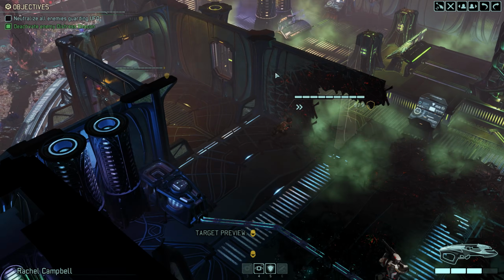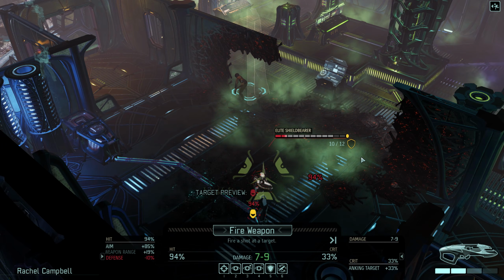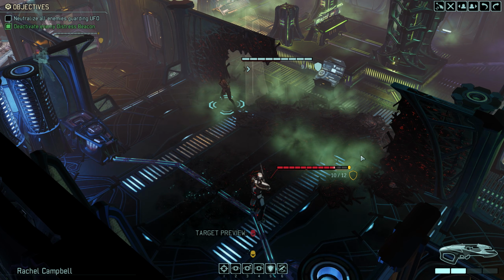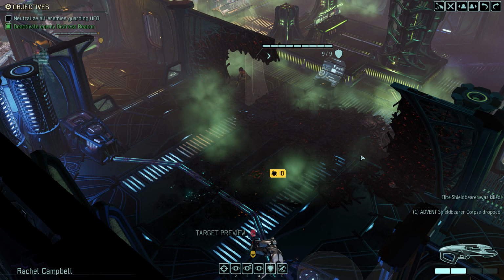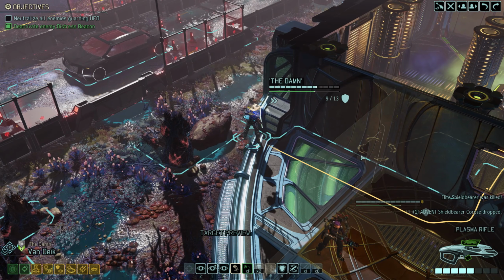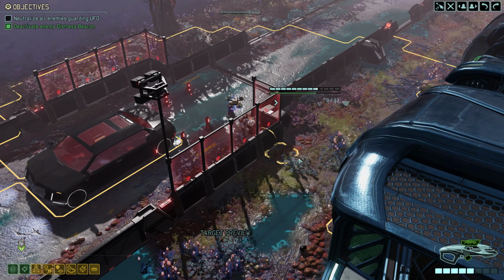And with our target exposed, let's send in Rachel Campbell, the Resistance soldier. With a 94%er, she should be able to do some good work here. Right, I had not expected that, but that's a critical for the kill. A kill that I had actually intended for Van Dyke here, but I suppose that allows him to finish the